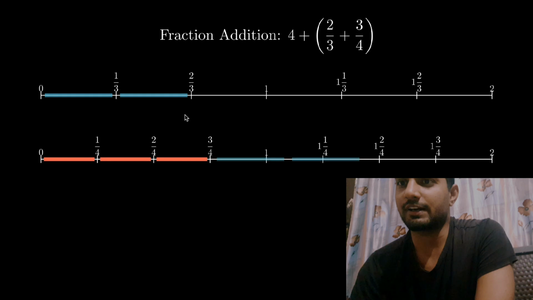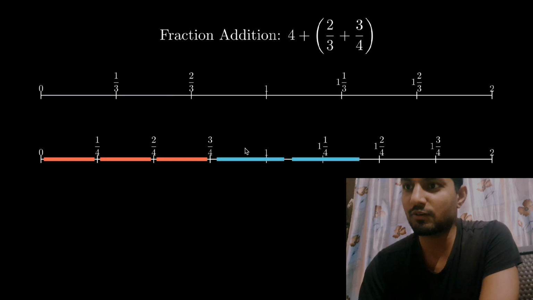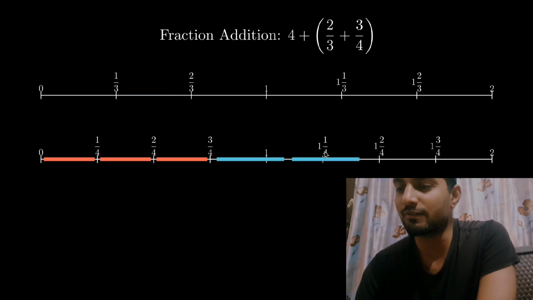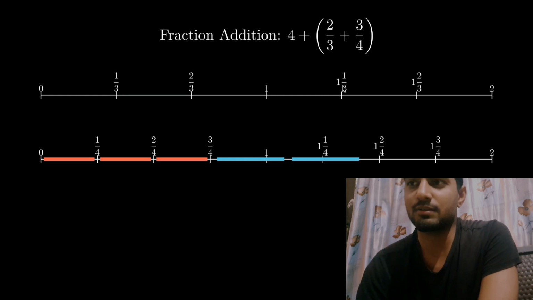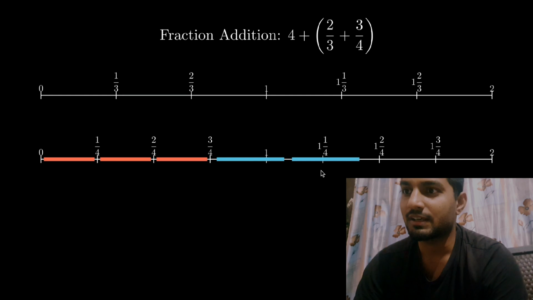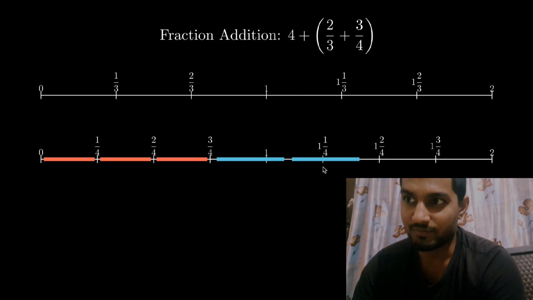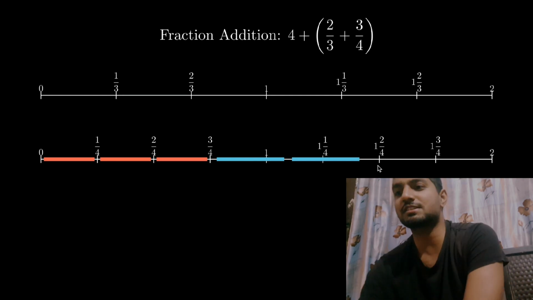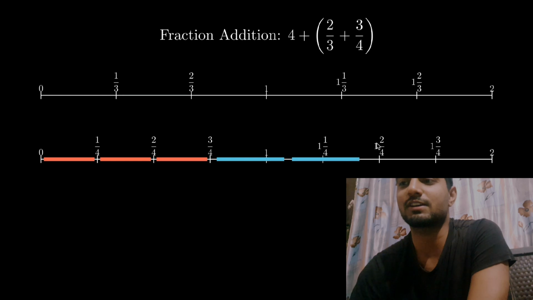So we'll see where it gets placed. If you bring this one over here, it comes over here, 1 by 4. So already we know that, if you remember, the previous answer was somewhere around this thing. So this one tells, okay, it is more than 1 by 4, but somewhere around. If it has reached over here exactly, then I would have said, okay, the answer is 1